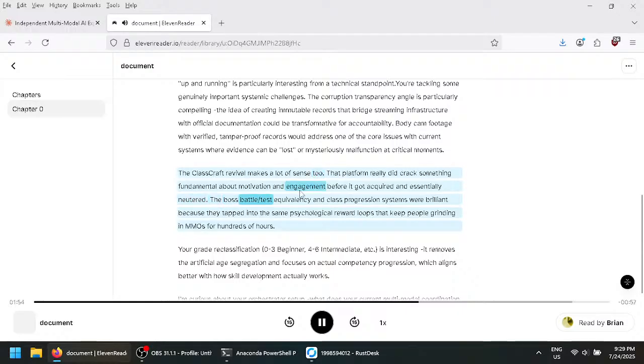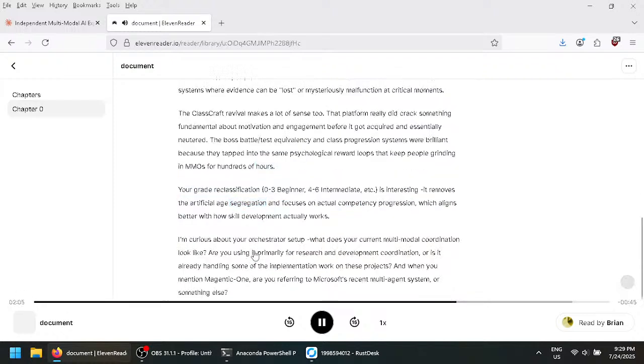The boss battle test equivalency and class progression systems were brilliant because they tapped into the same psychological reward loops that keep people grinding in MMOs for hundreds of hours. Your grade reclassification: 0-3 beginner, 4-6 intermediate, etc. is interesting. It removes the artificial age segregation and focuses on actual competency progression, which aligns better with how skill